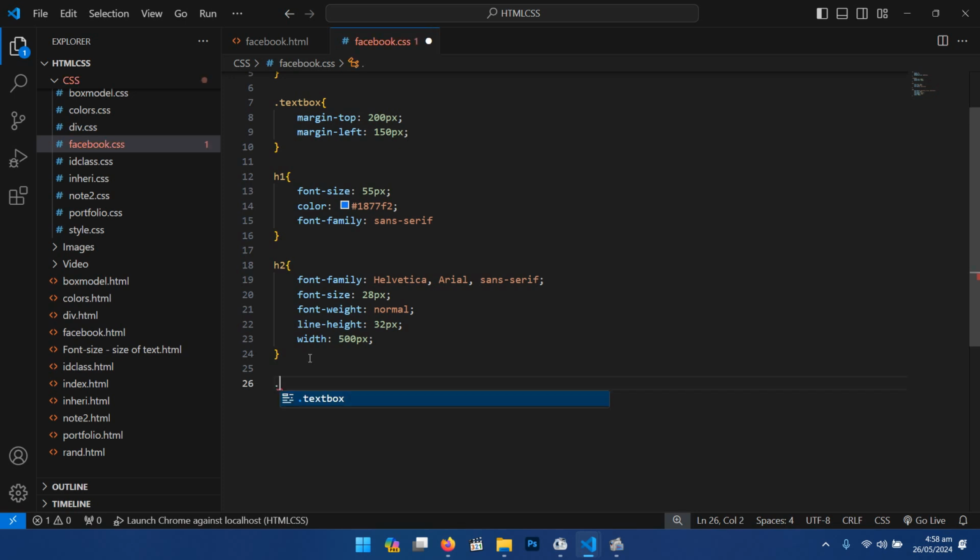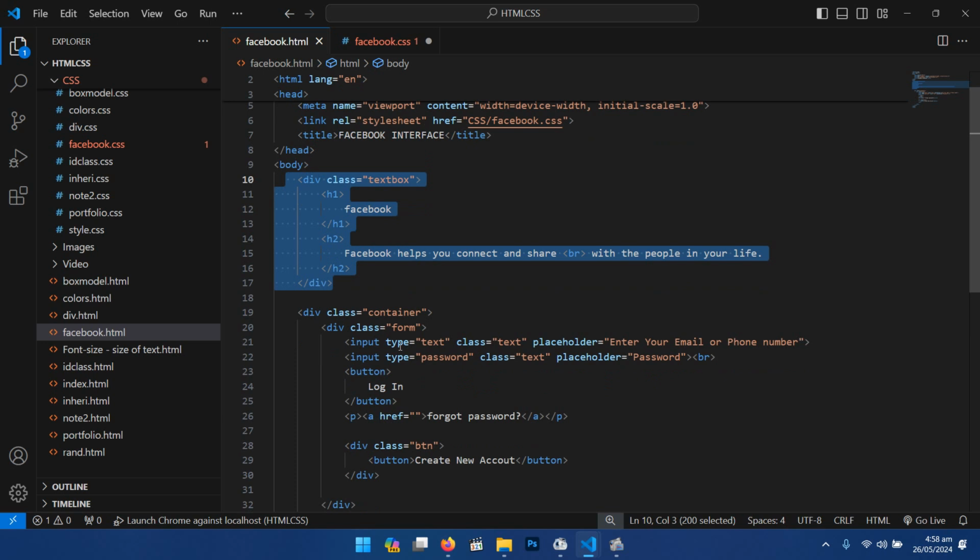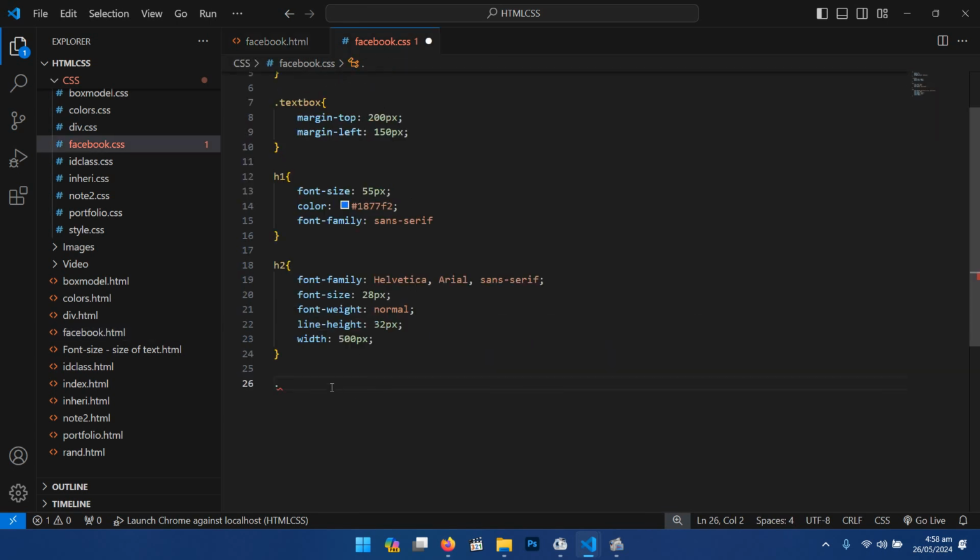Then I come to my container. I'm going to deal with my container. So I come to my container section. So in my container section, which is this one, right now I'm done with this section. So I'm here, my container. Yeah, we have some work to do there as well. So my container section,